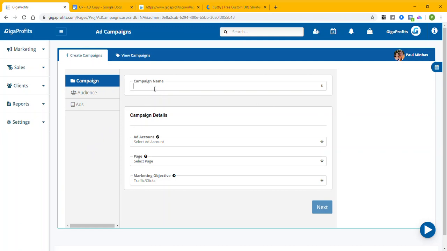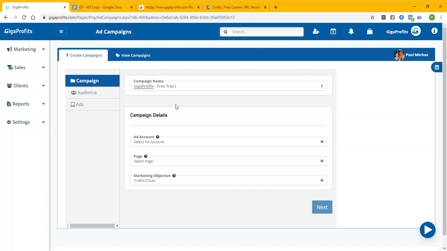Okay, so now I'm going to create my campaign name here, and I'm going to name it GigaProfits Free Trial because that's the objective, and at a quick glance I can see that the campaign name explains what's inside this campaign, because you always want to measure and test how your campaign is doing. So I've got the name, I've got the objective as a free trial,